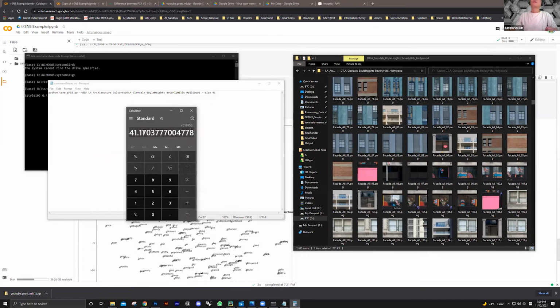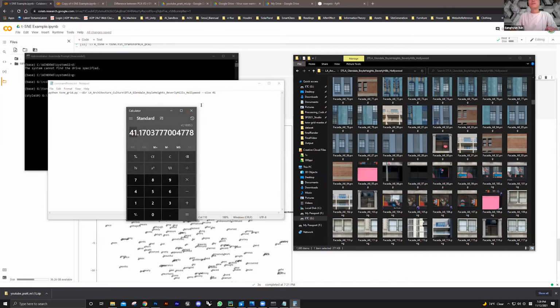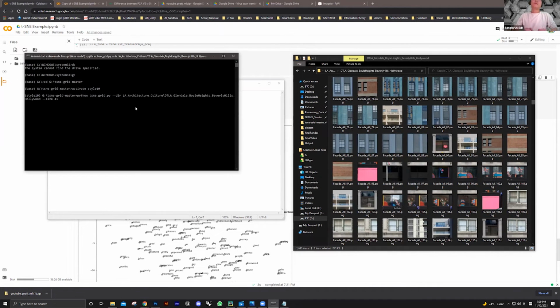You can put one number lower. You always cut these decimals out, and then input this as the size, because there's no such thing as a 41.1 grid. So this is how it should be. And when you run this,